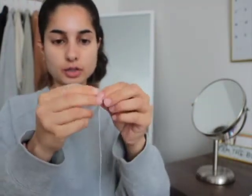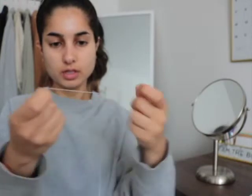Okay, so I just knotted the end, and let me show you what it looks like now. It should look like this little circle. You should hold it like this, and then you're going to twist it. Actually, I'm going to move the tail to the other end. So hold it like this, and then you're going to twist it. I usually twist it about 4 or 5 times. And then you should get this little